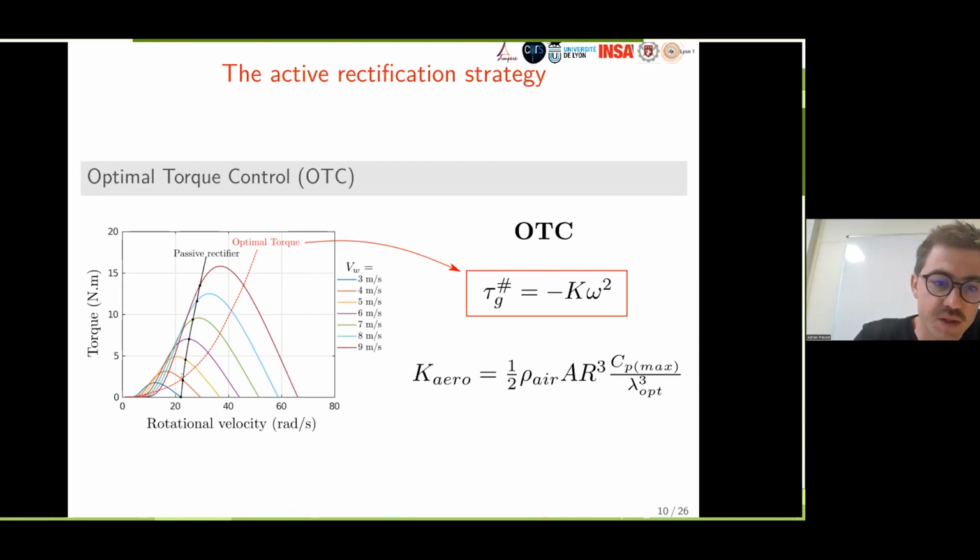As can be seen, it is not possible to perfectly match the impedance. In other words, it's not possible to match the optimal torque with a passive strategy. With optimal torque control, we will